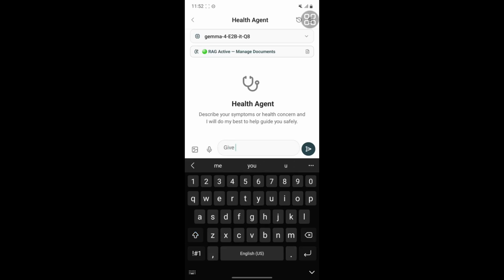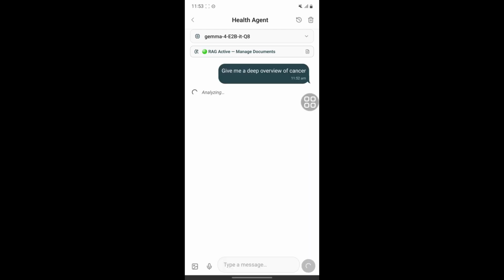So that's where KnowCare comes into play. It's a fully offline, mobile first AI assistant powered by Gemma 4, operating entirely on device through two purpose-built intelligent agents. The first agent is the health agent. This agent is a clinical support designed for community health workers, providing evidence-based symptom guidance, identifying cases that require urgent